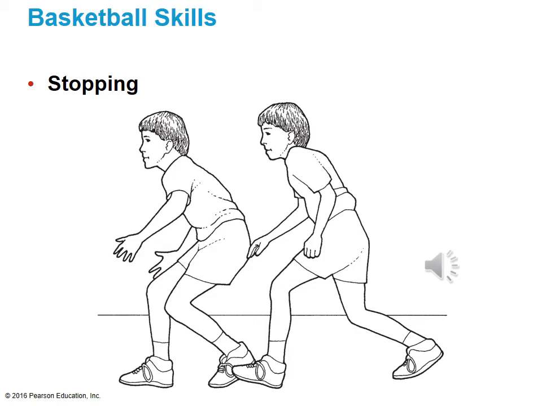You know, knees bent is very, very important to be able to move quick in either direction. Stopping can be challenging for the students to be able to be under control. So I want you to know to stop quickly, a player lowers the center of gravity. So what did I just talk about? How do we lower the center of gravity? We bend our knees. That's how you stop quickly. You bend your knees to stop quickly, and you want to make sure both feet break simultaneously whenever you're getting them to stop. But it can be challenging to stop, especially if you're running at a fast pace.